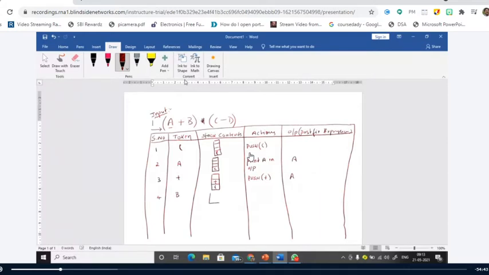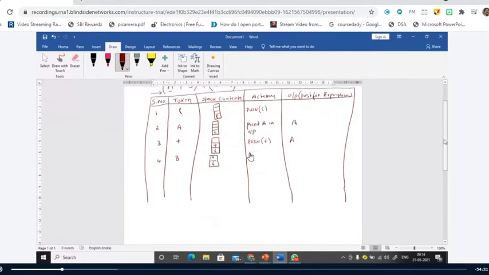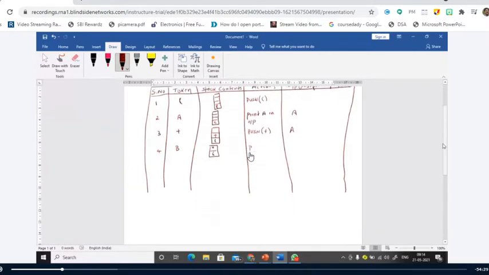So what about the stack contents? It consists of this open parenthesis and plus, right? So you have to maintain the stack. You have to maintain the same size until you reach the last element. But because of the space constraint, I'm just reducing the stack size. But you have to continue. For example, if you take the stack size in the first step as 5, then you have to maintain the stack in all the cases, in all the tokens, as 5 only. Don't reduce it. So here, what is it that you have to do?